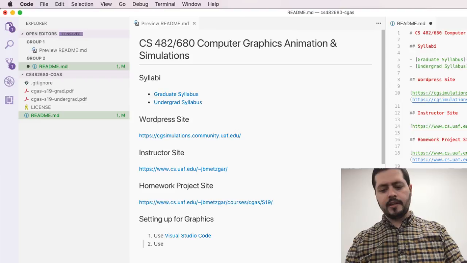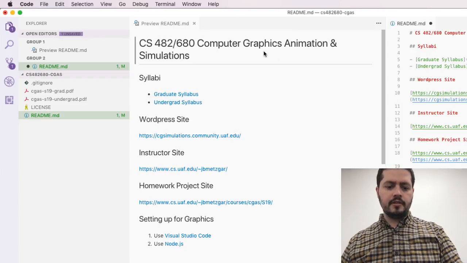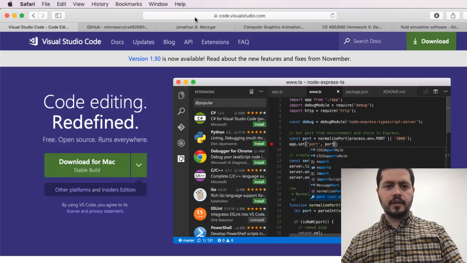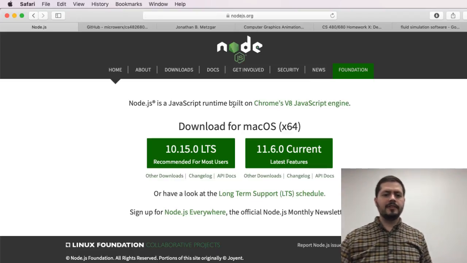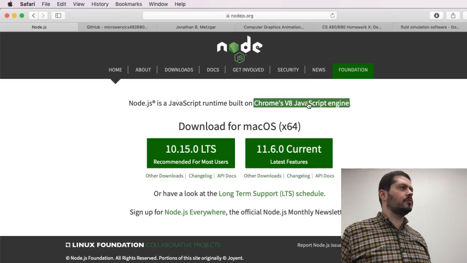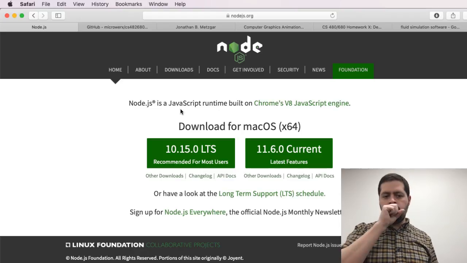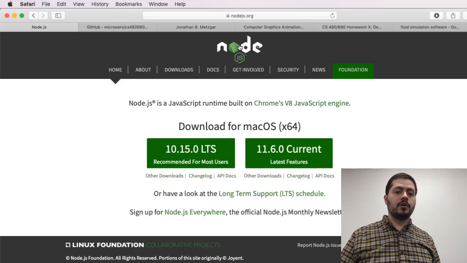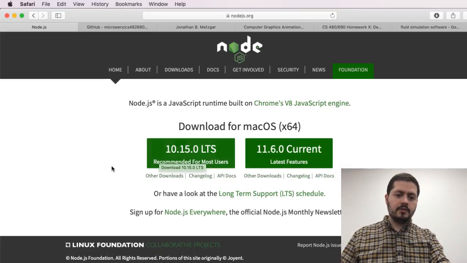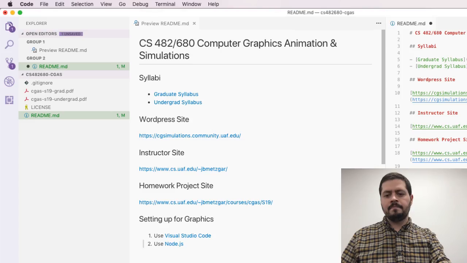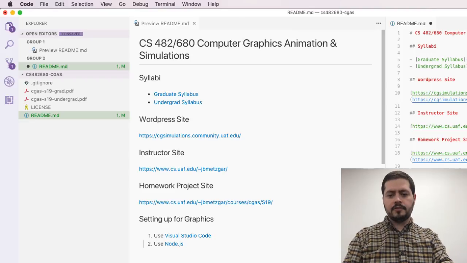Okay, so the first one is Visual Studio Code. The second one that I recommend is to use Node.js. And Node.js is basically Chrome's JavaScript engine. So if you want to write server apps or anything, you can use Node.js. You can just download the latest version and install it. And what I like about it is we can go ahead and install